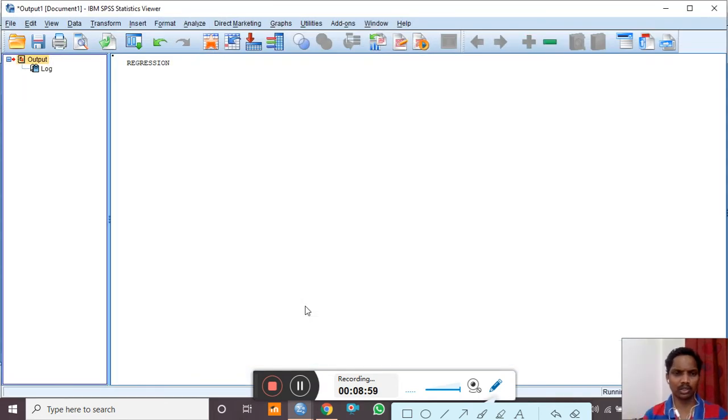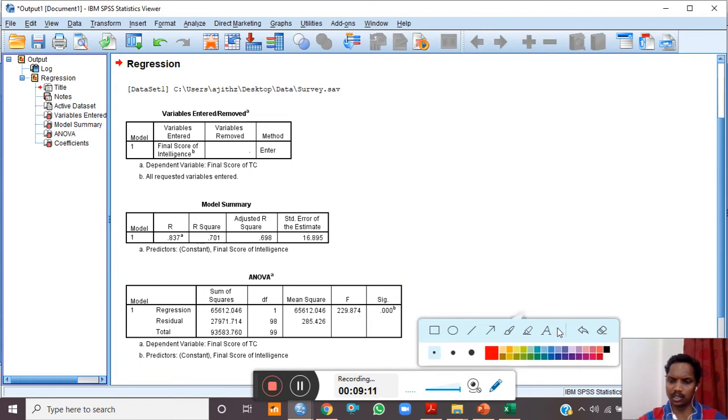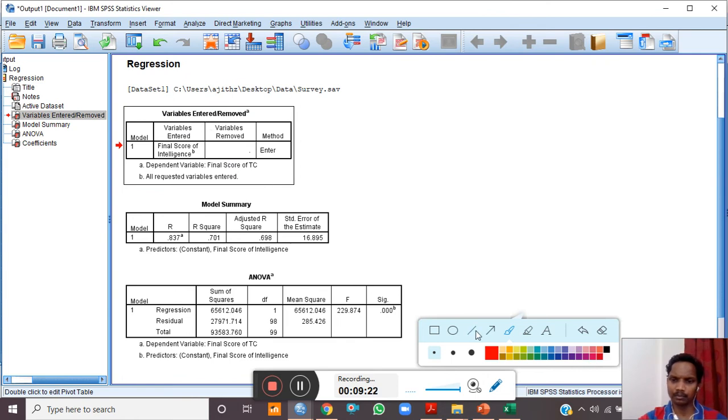Let us see how the result, now the output is there. See friends, this is how the output is now for the prediction. Let me tell you what the result is about. You can see there are 3 tables.